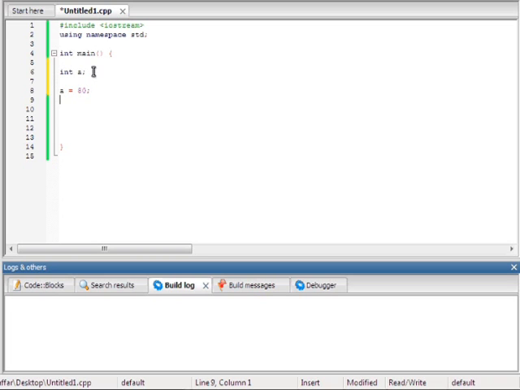So let's make another integer called b, and here. Now some other basic stuff. Let's just declare b as 80 again, and semicolon. Oops. And I don't know if you know this, but you can use C++ to do basic math stuff like